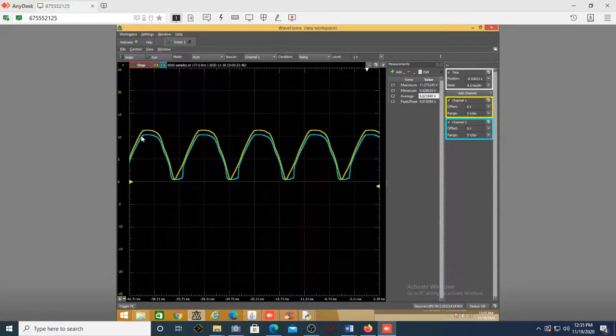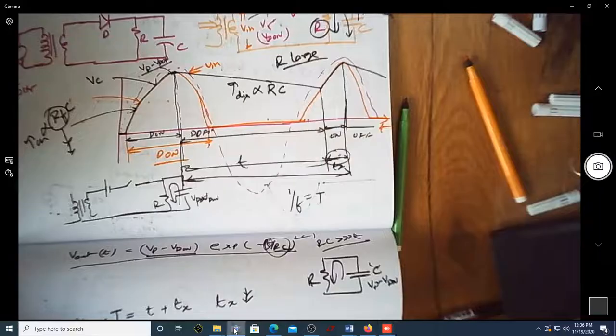It has not become constant at all, because you can see the input voltage maximum itself is 11.2, but when we saw in the previous case, the minimum voltage required to keep it constant is around 13.8. Since the input itself has not exceeded that, the output is not becoming a constant 12 volt. So this is nowhere near 12 because the input itself is less than 12. So what I mean to say here is, just observe this.